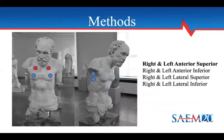Images on this slide illustrate the 8 lung zones from where ultrasound clips were recorded, with the red circles indicating the anterior superior zones. Ratings of severity averaged over all 8 zones were compared to ratings of severity averaged across the 2 anterior superior zones. These were compared using the Wilcoxon matched pairs signed rank test, as the data did not have a normal